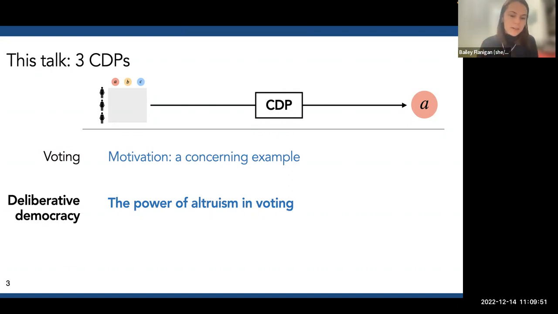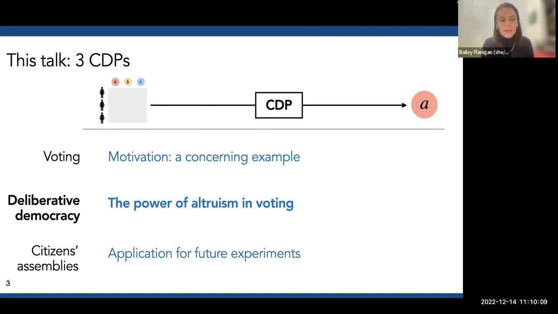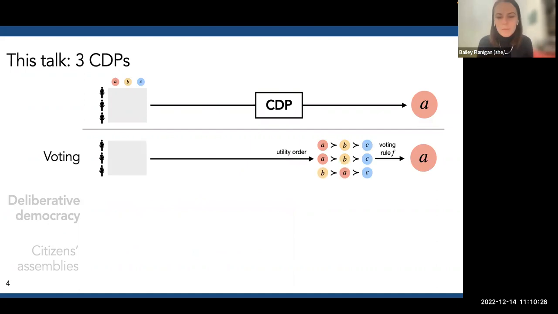The focus of this talk will be on deliberative democracy, which I'll explain. But really, this will be the meat of the talk. And it's going to talk about how, under the condition of altruistic behavior of voters, voting will work a lot better than it does in the general case that we're going to see in the first part. And then finally, this work on deliberation is going to motivate some experiments. And I think citizens' assemblies, a third type of process, is a really natural way to run these experiments. And this is part of work that I've done in the past also, so we can briefly touch on that if we're interested. But we're going to start by talking about voting.